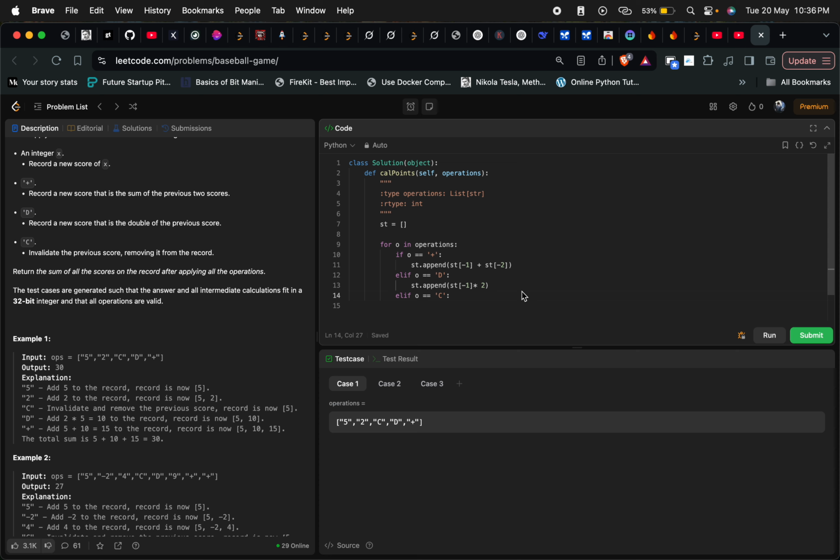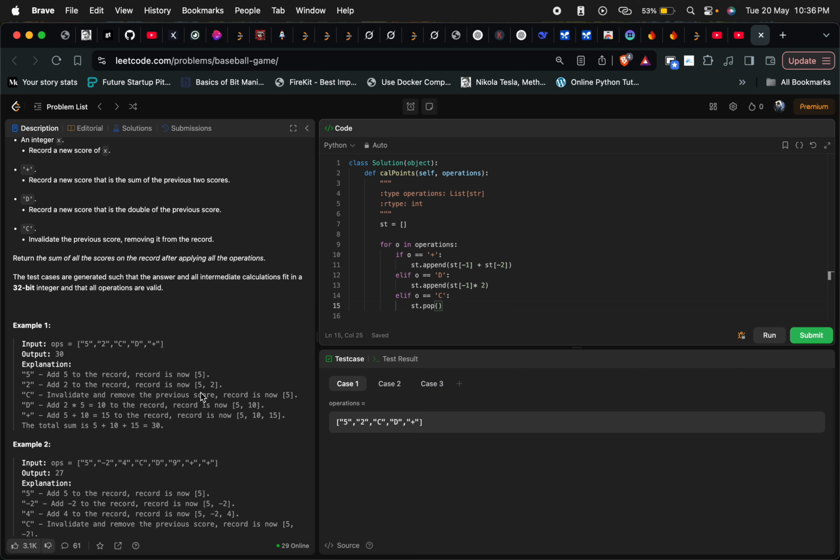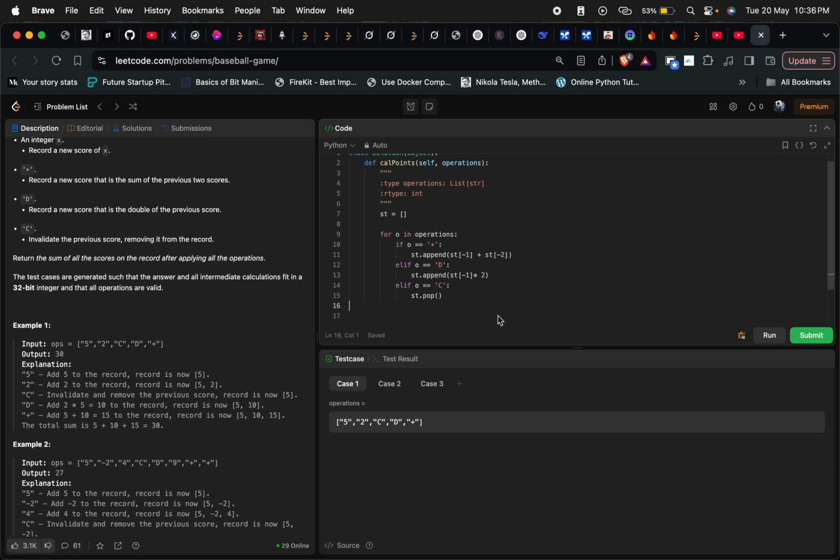The next condition we have is if it is a C, then what we are going to do is simply pop off the last element that we have. So the last value has been popped, now it was 5. Okay, and the final one is,